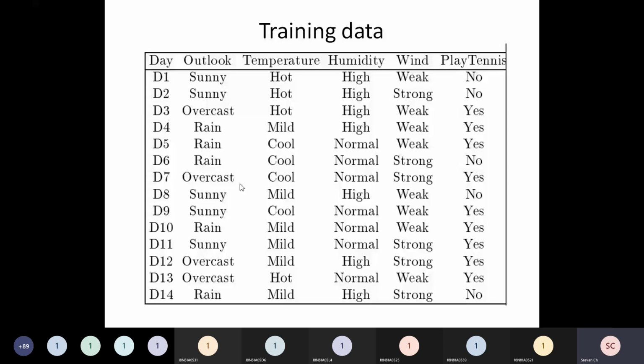Got the point? So please observe this training data. For the first record, outlook value is sunny. What is the outcome, play tennis? No. Second one, sunny? No. And eighth and ninth record, sunny? No. Sunny? Yes. Then sunny? Yes again. Similarly, overcast? Yes. Overcast? Yes. Overcast? Yes. Overcast? Yes. So I need to pick up the possible values of the outlook attribute and the outcome of play tennis, whether he is going to play tennis or not. So I will get my outlook attribute.